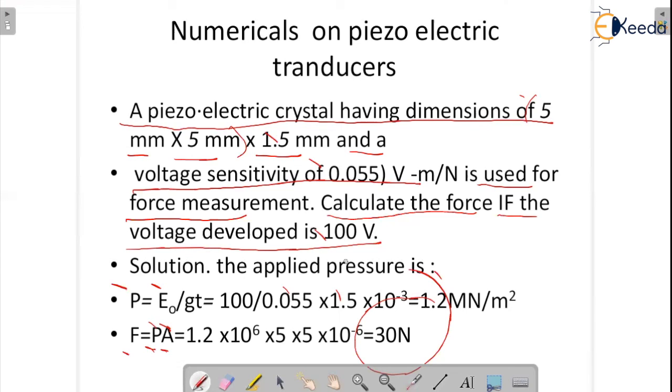In this session, we have finished what a piezoelectric transducer is, on which principle it depends, what the elements of a piezoelectric transducer are, how it works, how many modes there are, what the characteristics are, and what characteristic formulas you get when applying the piezoelectric transducer. All these things we have finished with respect to the numericals.